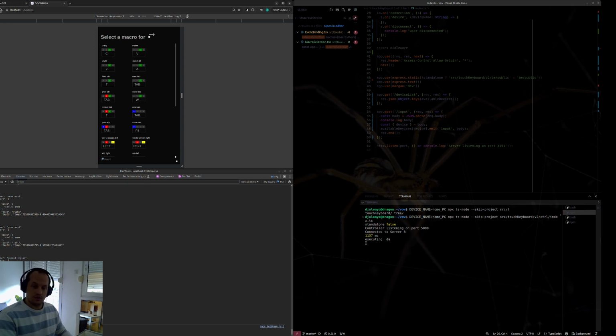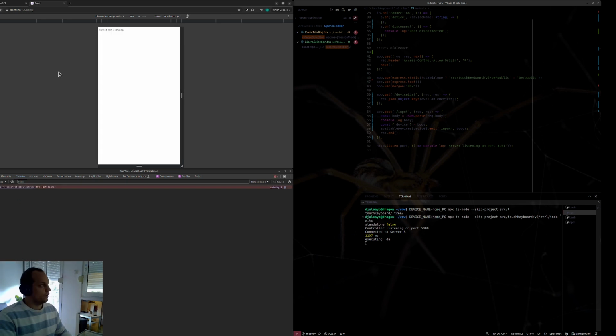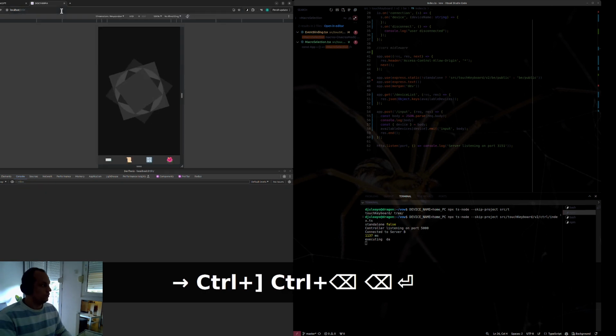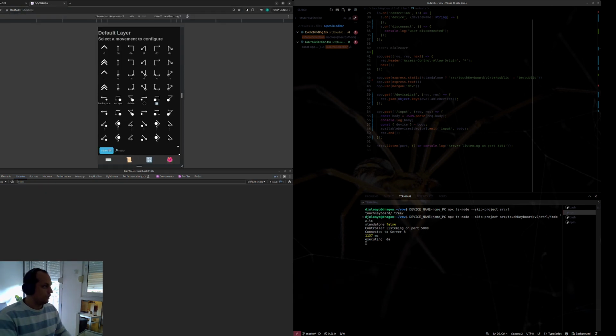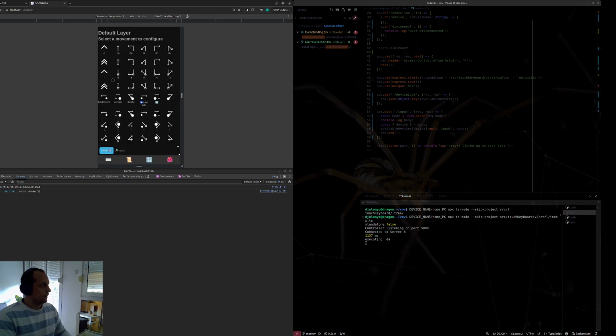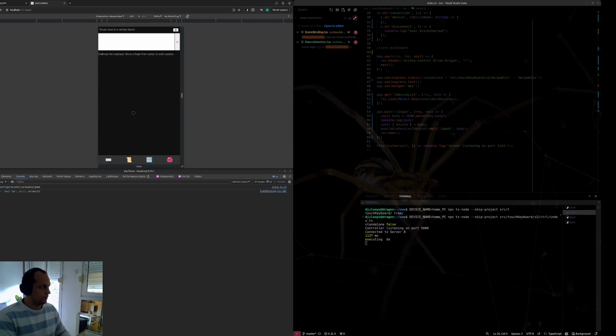I need to reload this app because this is the old version of the app which does not bind. So if I reload, but not on the route, on the root route, and go to configure from north to east, and set a macro that is Ctrl Tab for next tab, and close this, then I have this next tab macro here, and now I could calibrate my keyboard and make the calibration and go from north to right to the east,